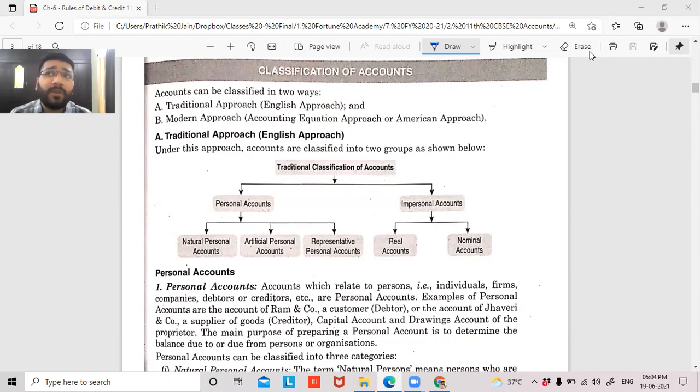Then we understood that from journal we post the transactions to the ledger. Why? Because in journal we record so many transactions, in that bucket it becomes very difficult for me to collate and understand how much is purchase, how much is my sales, how much is my various expenses, how much is my furniture, how much is my land building, etc. So what we do is